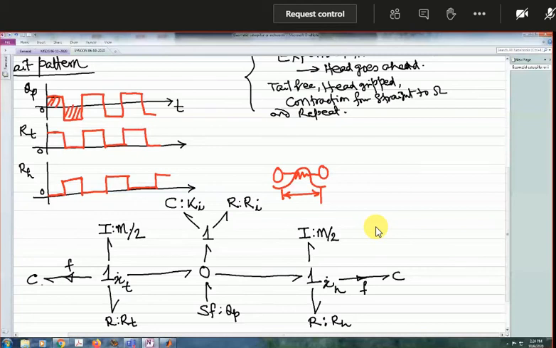Is this part of the model clear or not? Yes, sir, clear. Sir, can you tell about those end C elements? Like, why are we giving those? See, what C element is there? Only one C element is there, C is 1 by Ki. Now this C element, its state we can find. Some state will come. This state will give me the amount of contraction or expansion of the insect. It will not give me the position of the insect. So we could have used flow sensors in XT and XH.